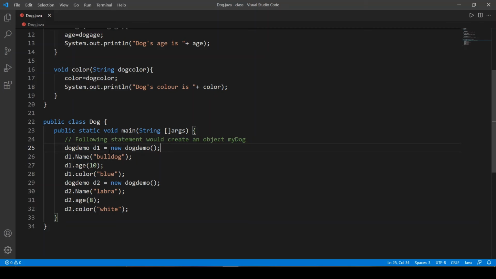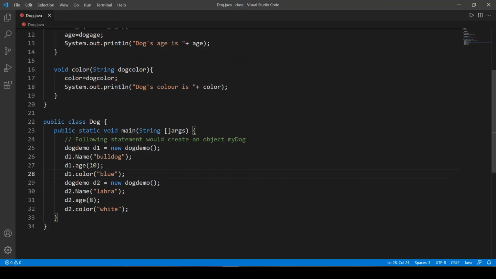So now we are able to call the methods of class DogDemo. Using the d1 object, we have called different methods.